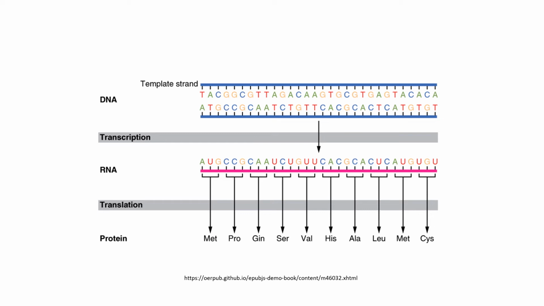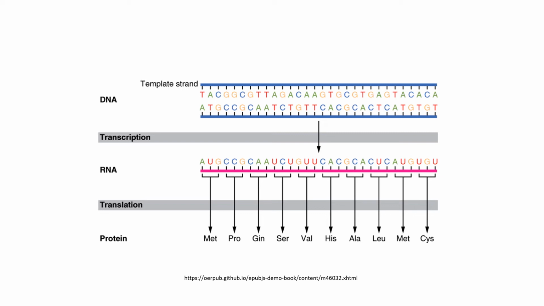Well, what happens is that instead of making a new DNA strand to make a protein, the body makes something called RNA, which uses almost the same bases as DNA. It has a slightly different structure that we'll talk about later, but instead of thymine, it uses something called uracil. So anytime a T would appear, we substitute a U. So the first three bases, TAC, then correspond to their complements AUG